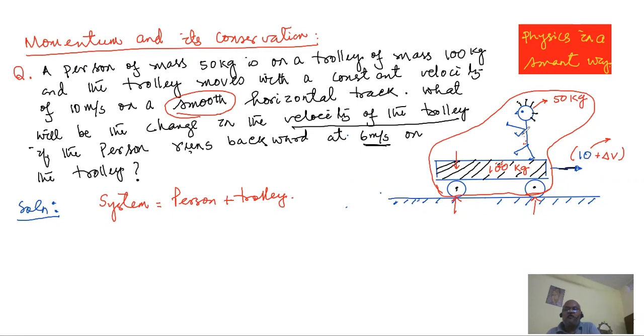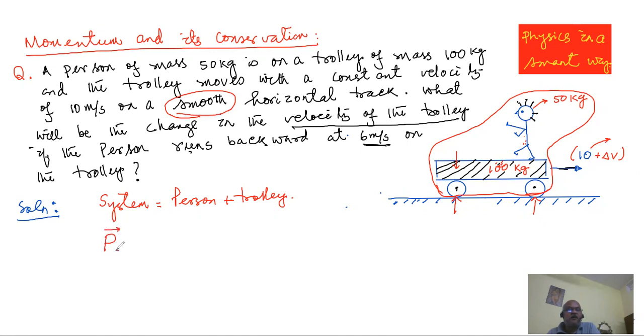Now we claim that when the person is walking, the trolley speed has changed from 10 to 10 plus delta V. Instead of delta V, you could have taken X or Y or whatever it is; I am taking delta V. Momentum conservation is a very, very powerful idea. Usually it doesn't take more than 1 or 2 steps to find the answer. But the thing is whether we are able to write it correctly or not. So we say horizontal momentum,